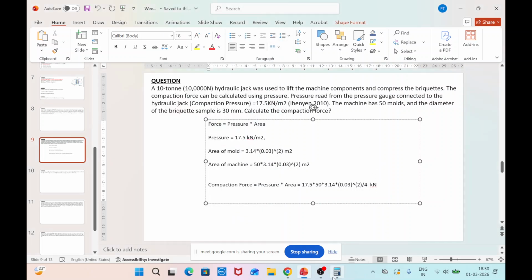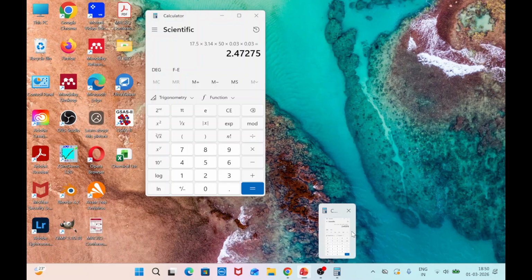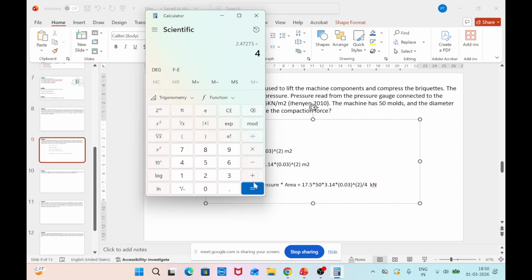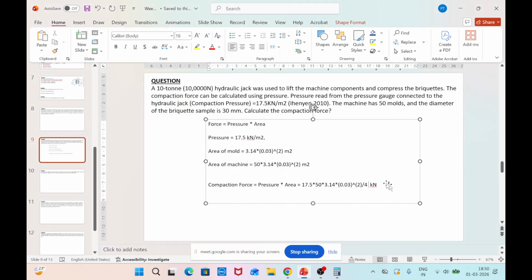I forgot to mention that there. So that would be 0.618 kilonewton,